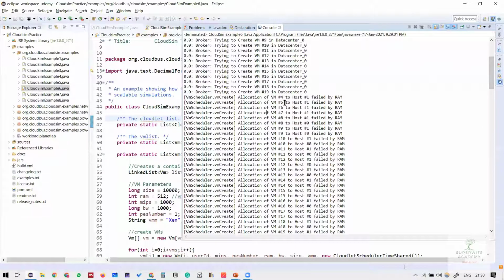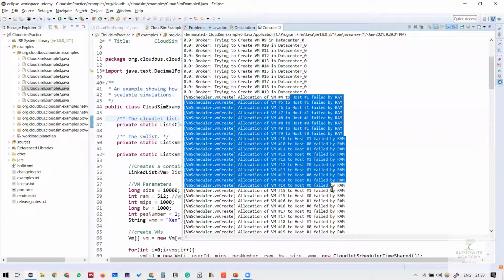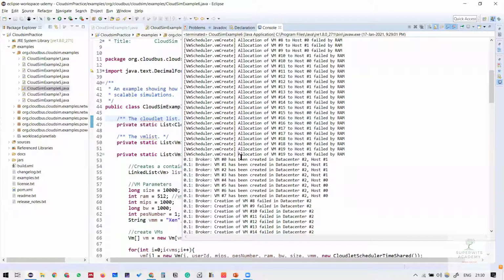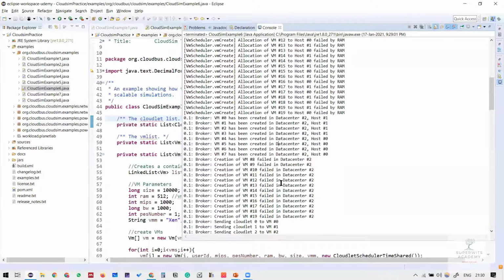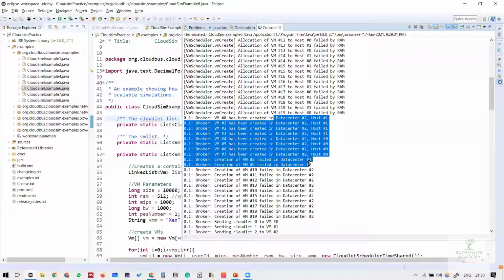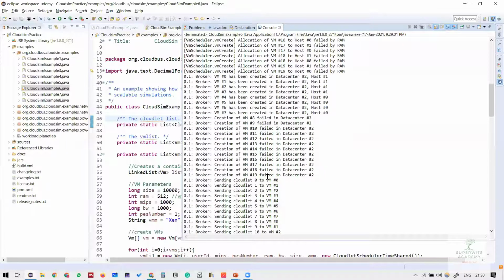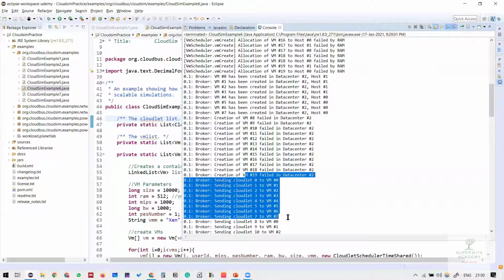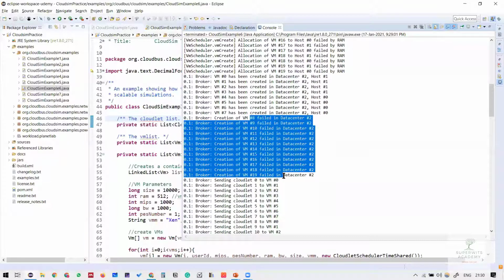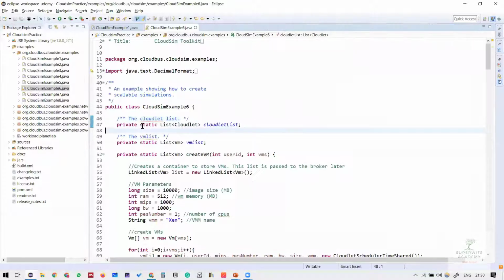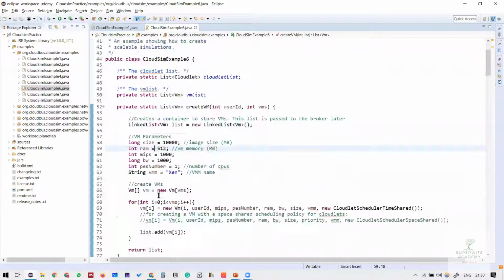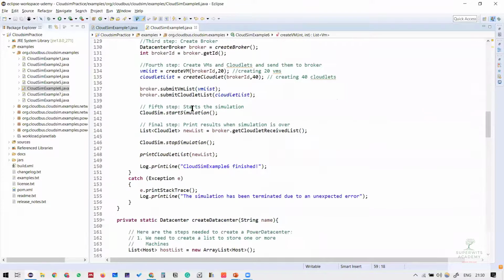So let me just bring it back. Every individual virtual machine after VM3 has failed on the basis of RAM. Then it was tried again, and that particular set of hosts does not support the next host. Overall, there are only 7 virtual machines which are being created on both the hosts, right? So 8 to 19 onwards are not being created. What we can do in this case is either reduce the RAM capability over here, or simply go and increase the RAM capability.